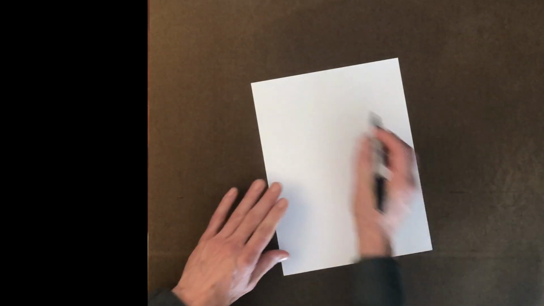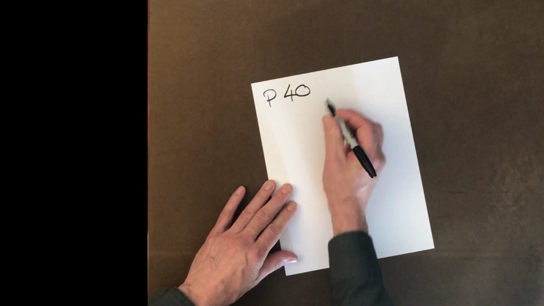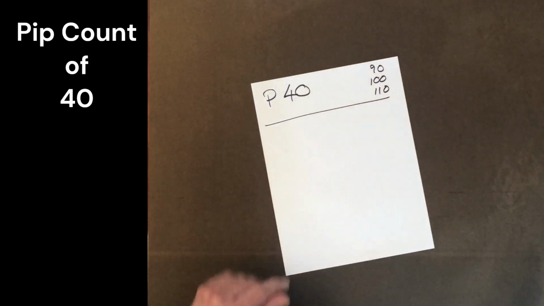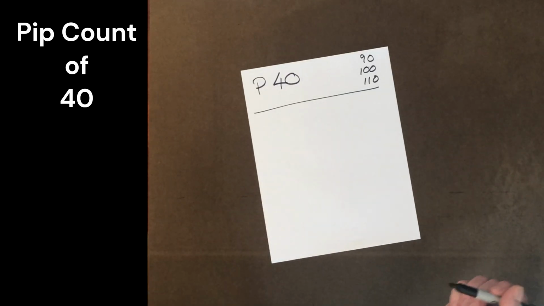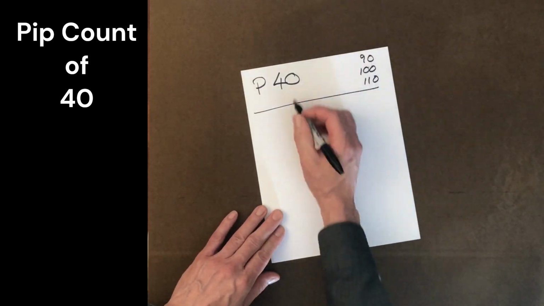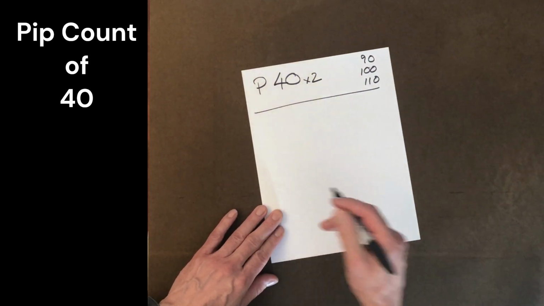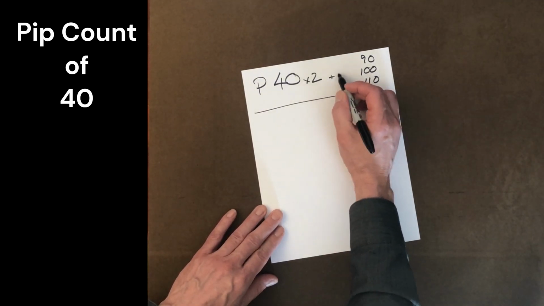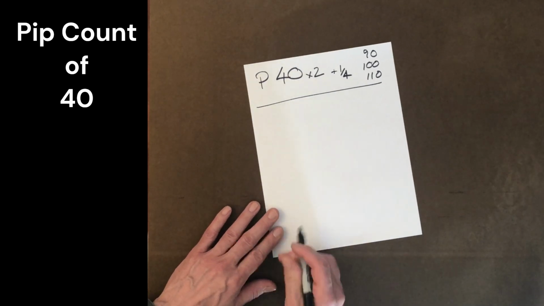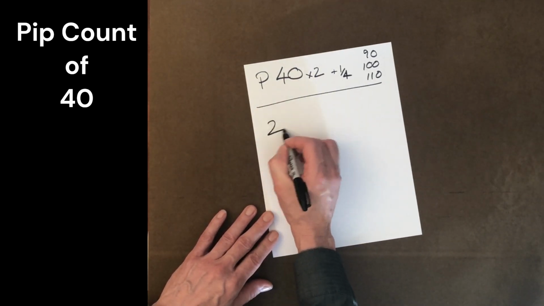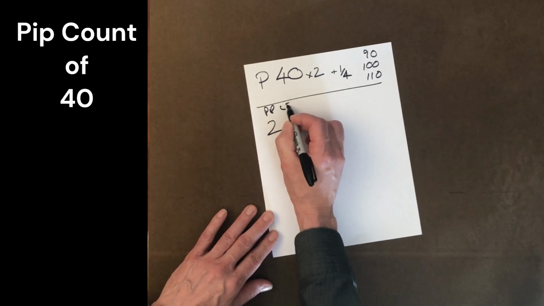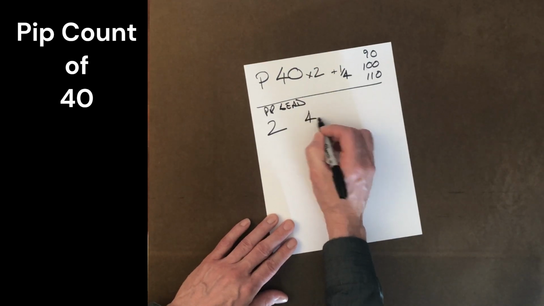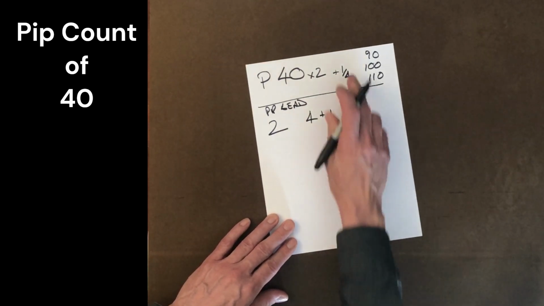Next one we're going to look at, pip count of 40. Our targets are 90, 100, 110. Well, we just did 80, so we're just going to use 80. So we're going to multiply by 2, and then we're going to use the same technique we did with 80, which is plus 1/4. So if we had a pip lead of 2, when our pip count is 40, we multiply that by 2, which is 4. We're going to add 1/4 of that,